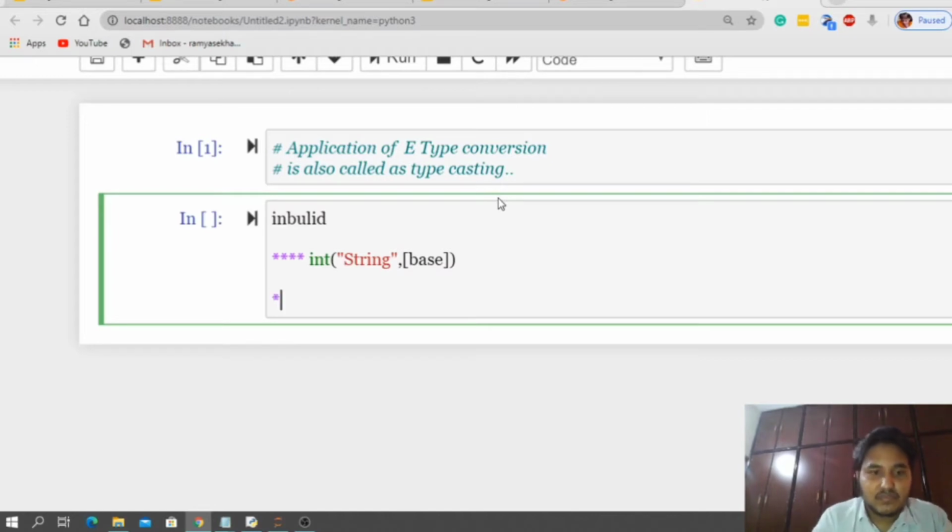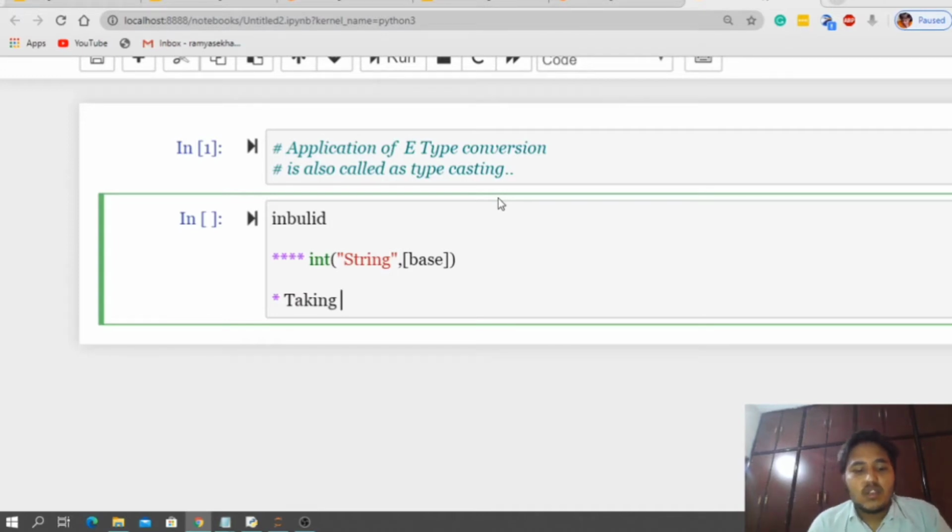If the argument is a string, it converts it into an integer. Not only a string, it can also be a float or any type of data. But we are doing our problem by giving a string as input and taking the output.